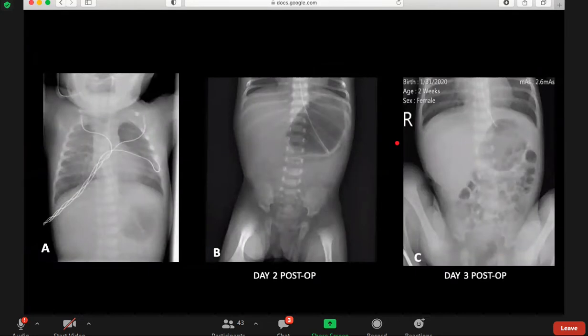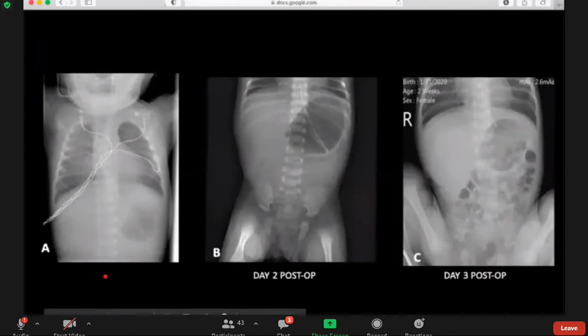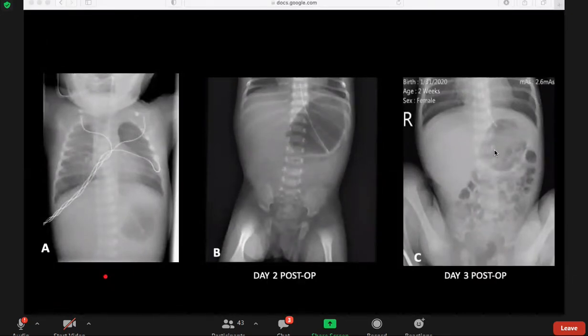Post-surgically, follow-up imaging was also requested. As we can see here, image A shows the preliminary imaging taken during the upper GI series, and this was done preoperatively. And then for image B,